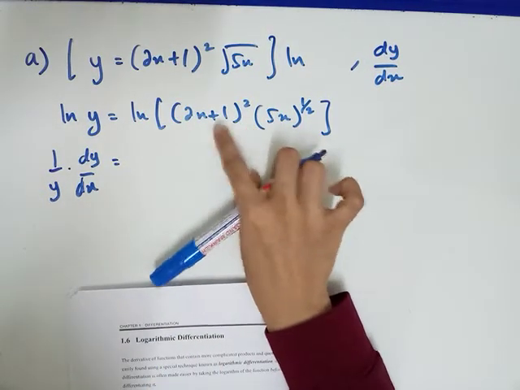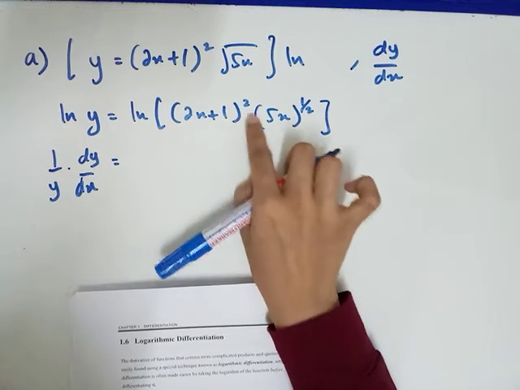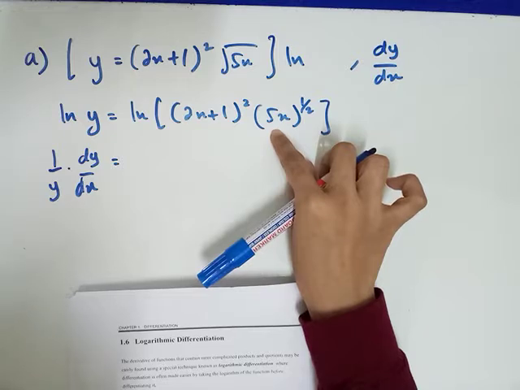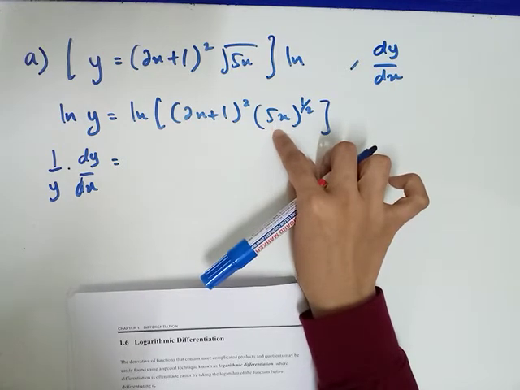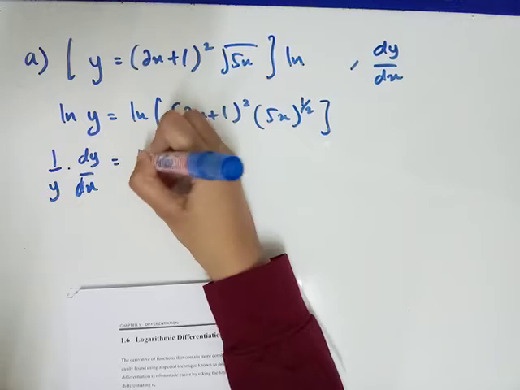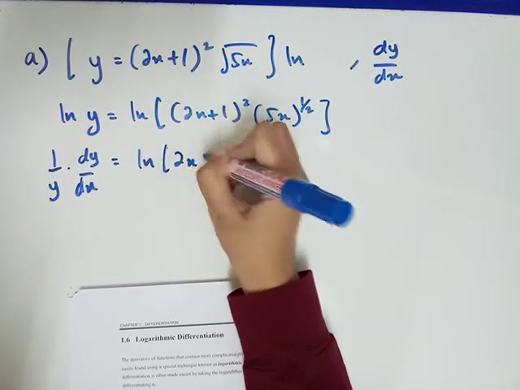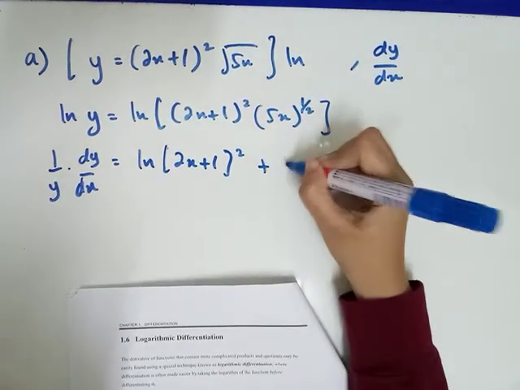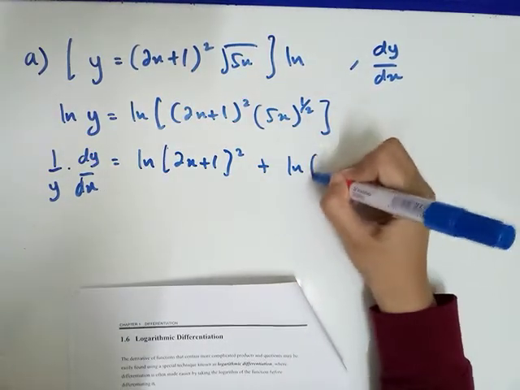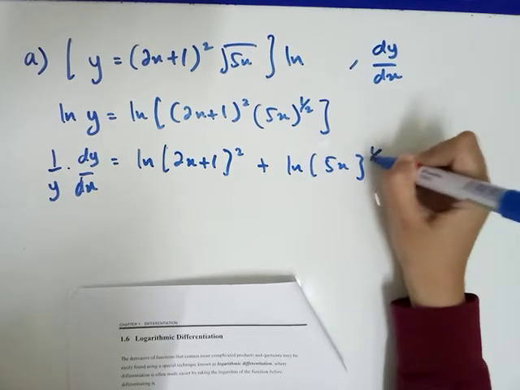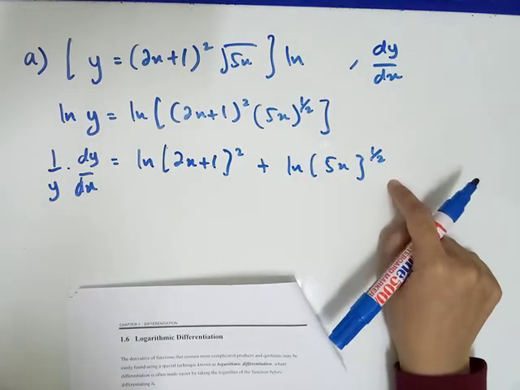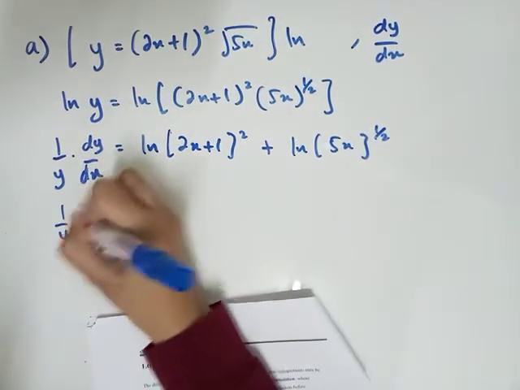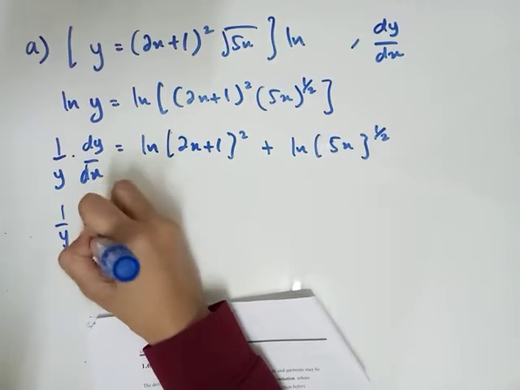And then this one, how to differentiate? As you can see, this is multiplication: (2x plus 1) square times square root 5x. So you need to split up, use the law of number 1. Ln (2x plus 1) square plus ln (5x) power 1 over 2. You need to separate. And then 1 over y dy over dx is equal to